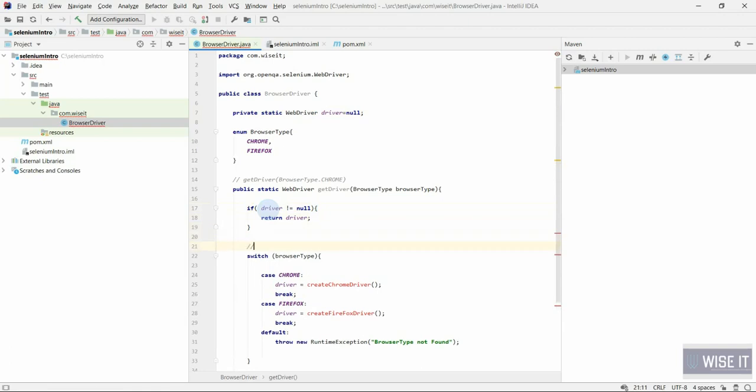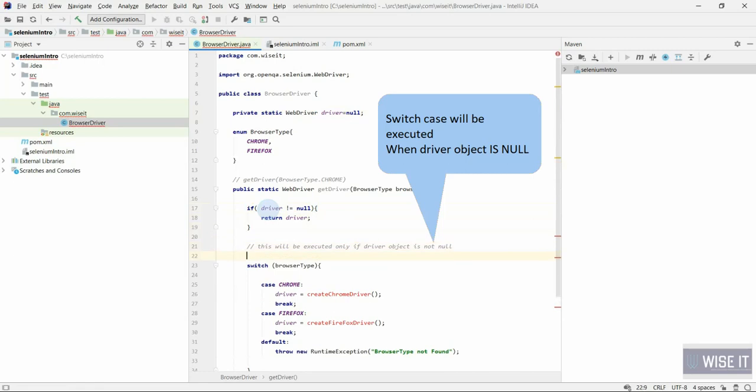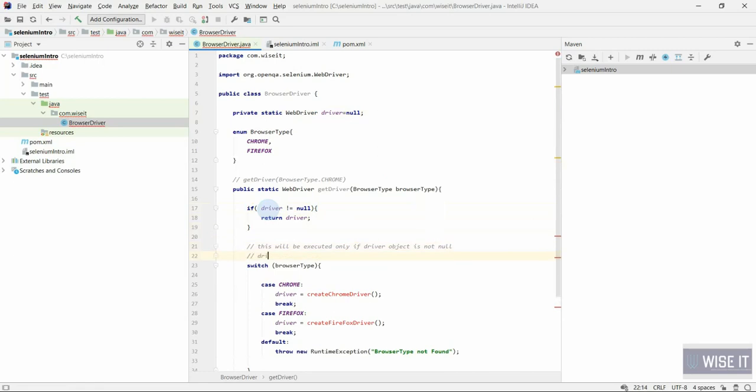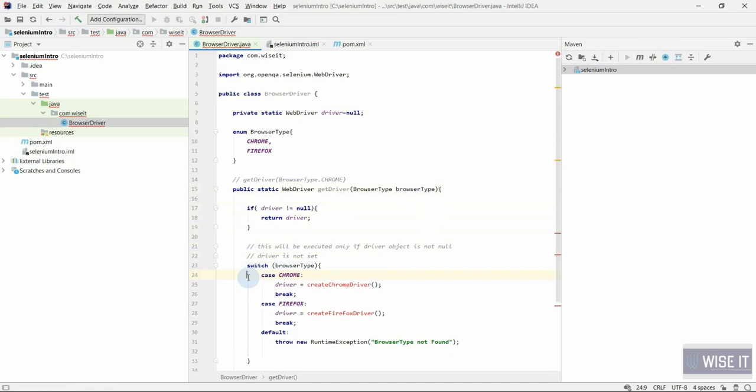It will only come down here, this will be executed only if the driver object is null. That means the driver is not set. Then it will see what browser the user has asked for and return that. Otherwise just return whatever is already set.